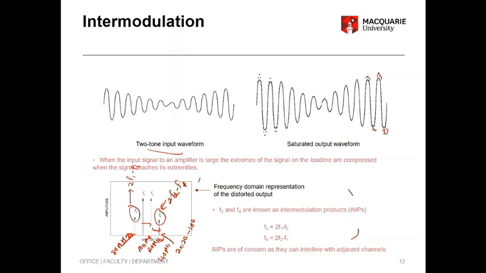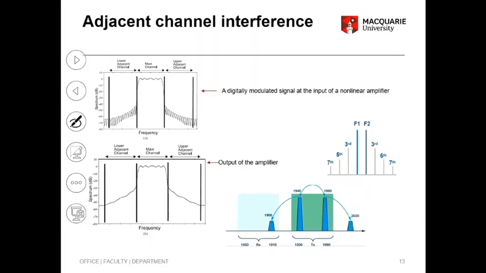So ideally when it happens, you have a wideband signal. If you have a wideband signal, you can have multiple intermodulation products. And what you see in real life is this digital modulated signal at the input of the nonlinear amplifier. This is the frequency domain. At your output, you expect the same signal, because if your amplifier only works for that band, you expect that to be high power, and this to be not much amplified, right? But you will notice, although it doesn't really amplify this part, the intermods caused by the carriers here will actually